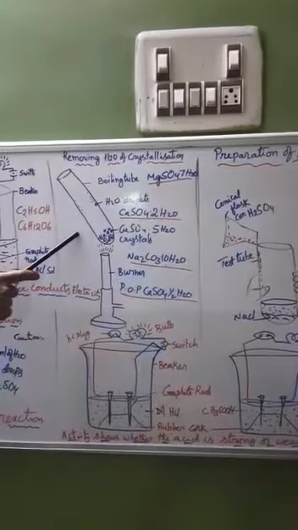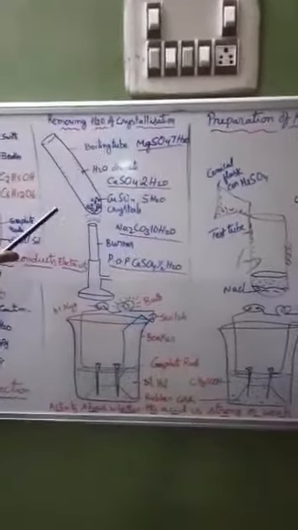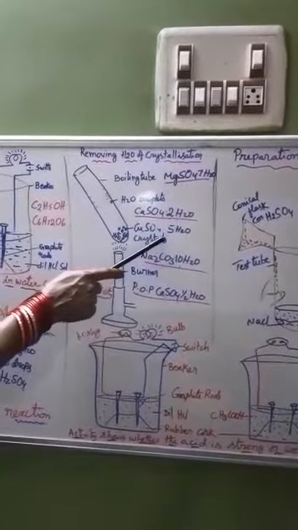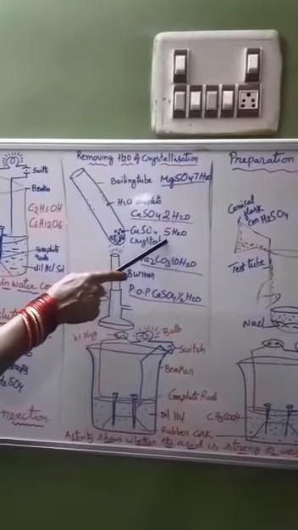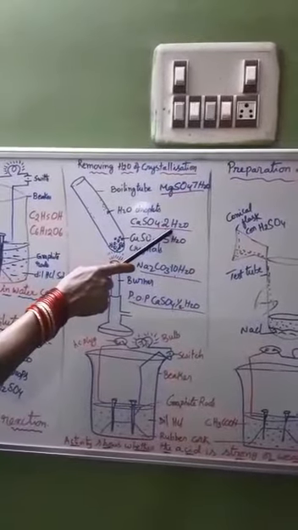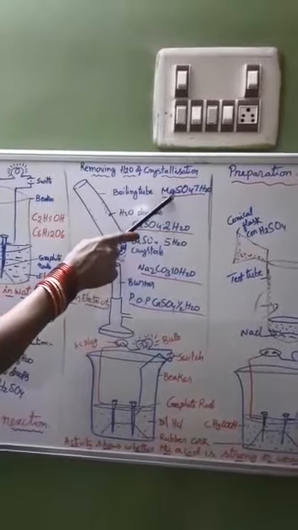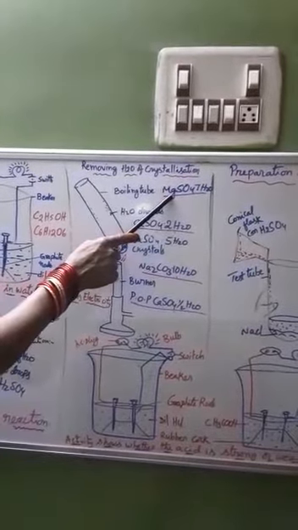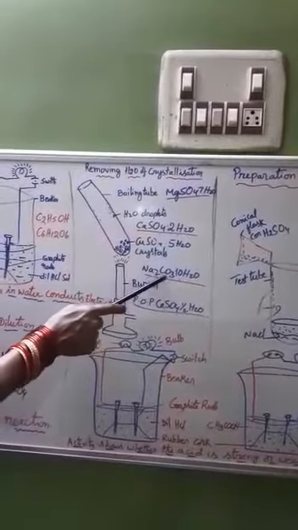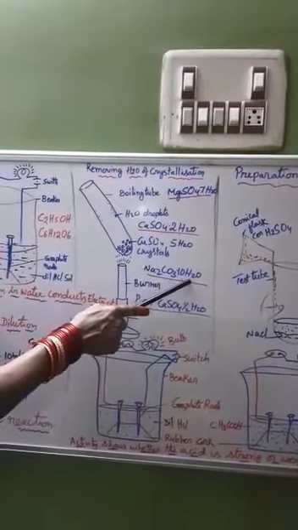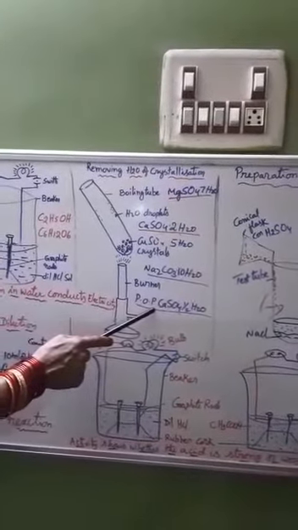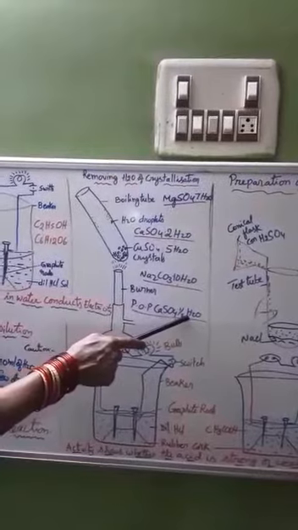Water of crystallization we are going to discuss now. Examples: number 1 is copper sulfate, CuSO4 5H2O, which we call blue vitriol. Next, CaSO4 2H2O is called gypsum. MgSO4 7H2O is the example for Epsom salt. Next, Na2CO3 10H2O is the washing soda formula. POP means plaster of Paris, CaSO4 half H2O.